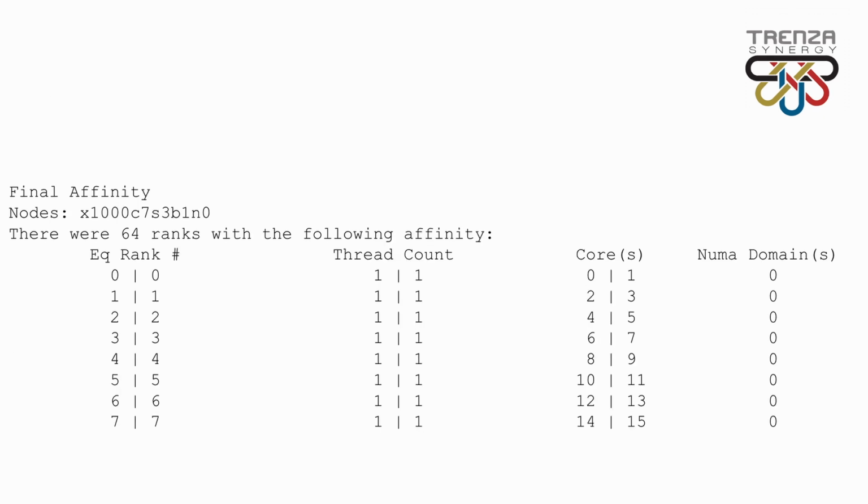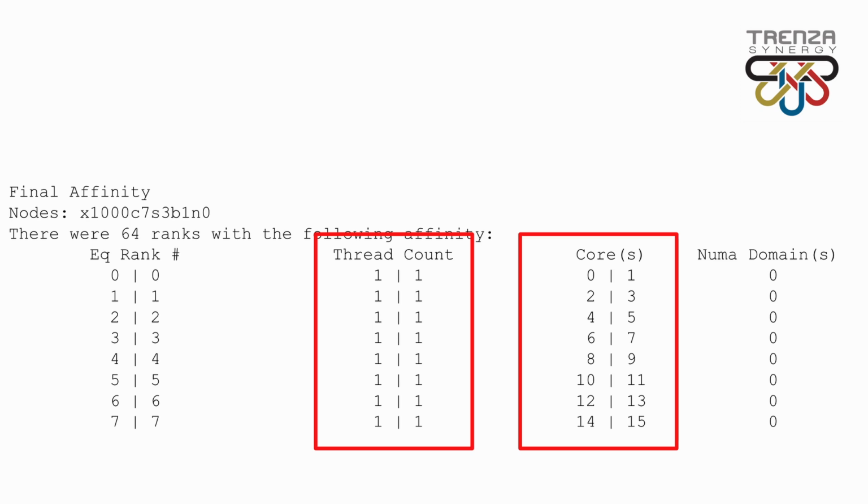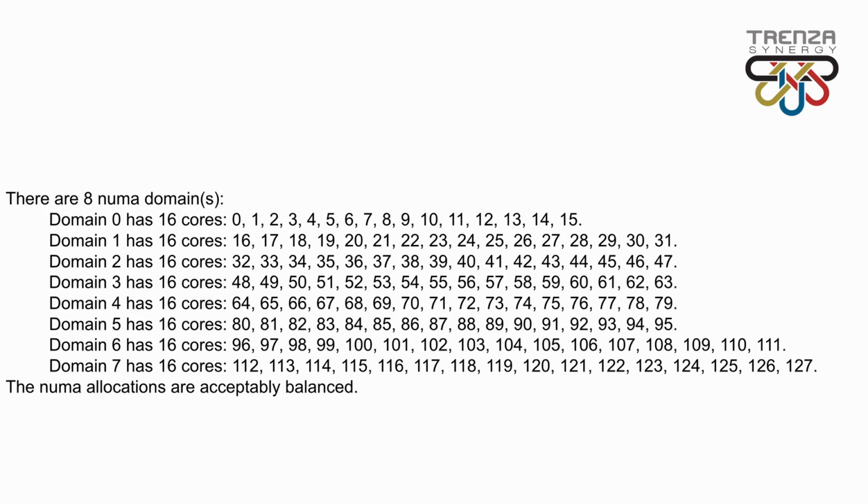Now back to the affinity results of our example. Each thread of each rank now is assigned its own core. We are using all 8 NUMA domains, which is spreading out the memory requirements for the application to use all the node resources available. Now let's look at the effect of this change to the run's affinity on the performance